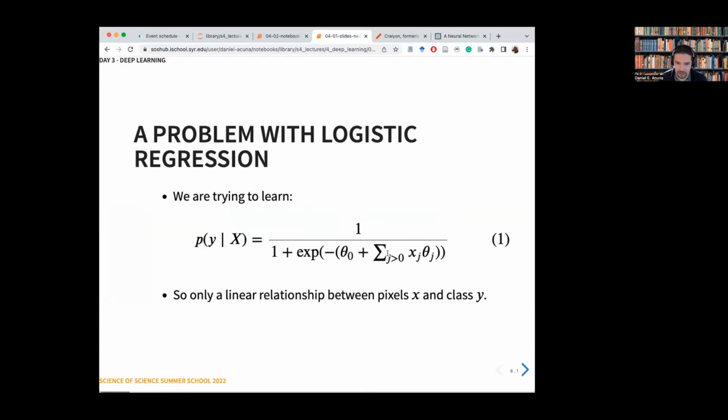If we use something like logistic regression, although this looks like a very complicated equation, this is how it makes a decision. It just adds the pixels and the weights of each of those pixels to make a prediction. Because it's just an addition, if you scramble the pixels, it will completely undo what the classifier is trying to do. So it's linear relationships, and it's hard to capture these more complex spatial features.